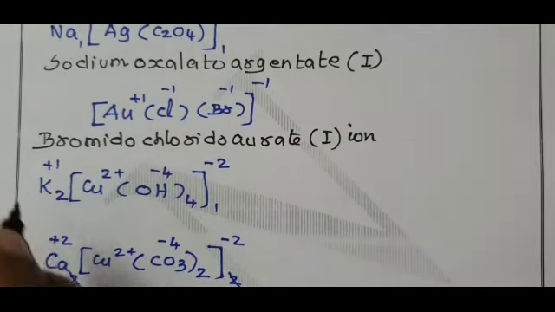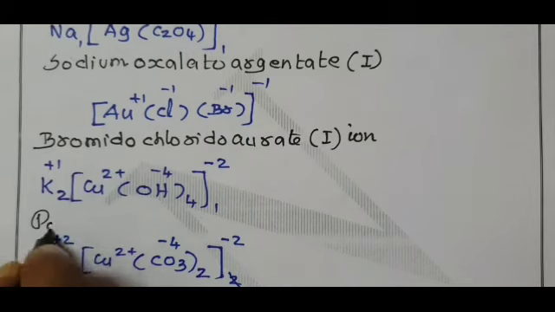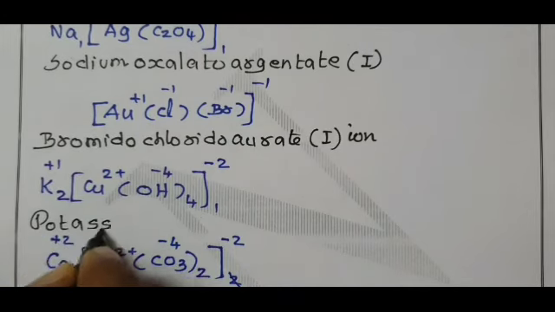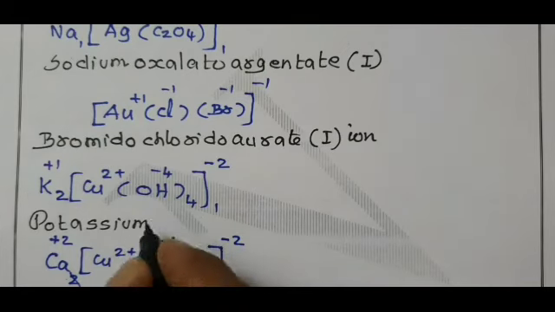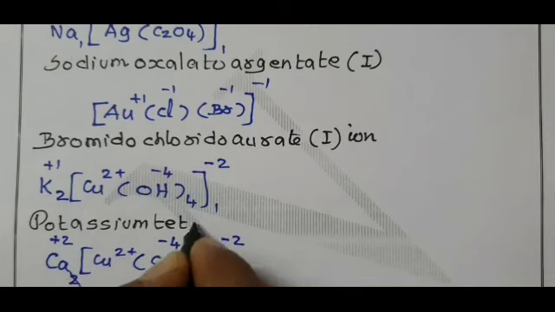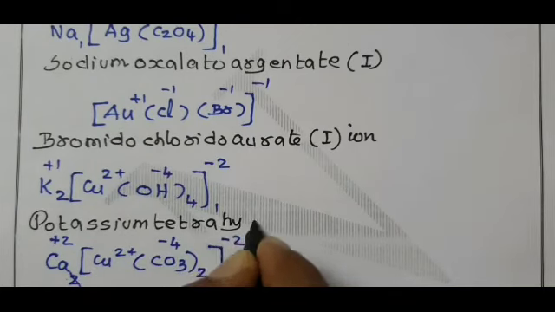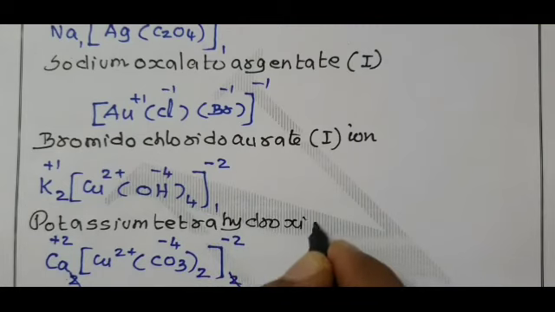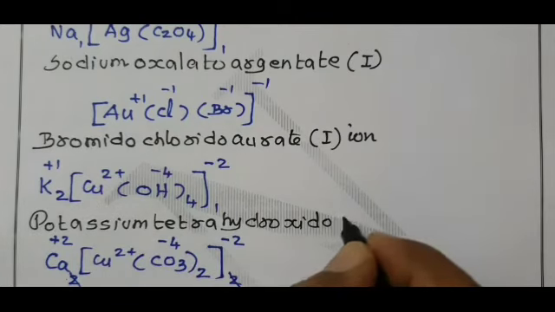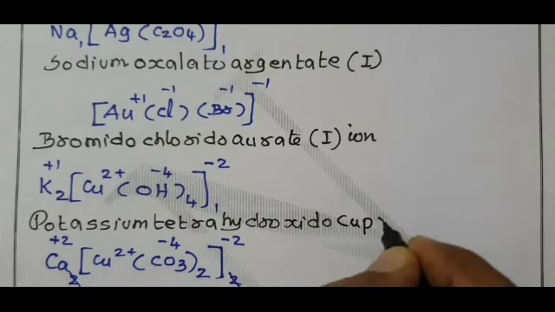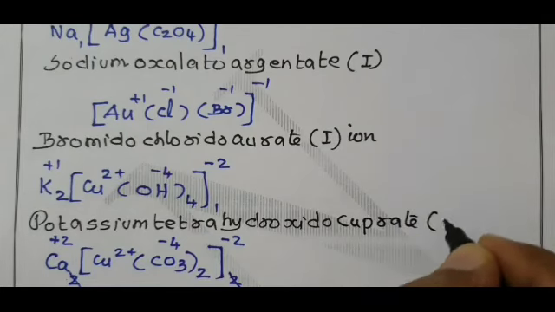Now, there is a positive ion here, so starting with the potassium. Come to the coordination sphere. Ligand name first. We have hydroxido. How many hydroxido? 4 hydroxido. Therefore, potassium tetrahydroxido. Actual name of copper is cuprum. But it is an anionic complex. Therefore, actual name cuprum ends with ate, cuprate. Oxidation state 2.